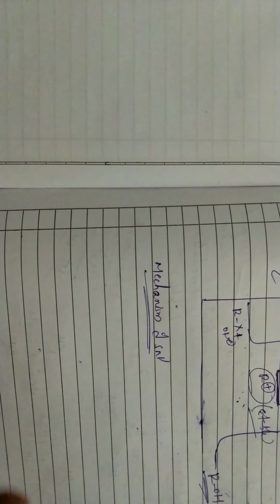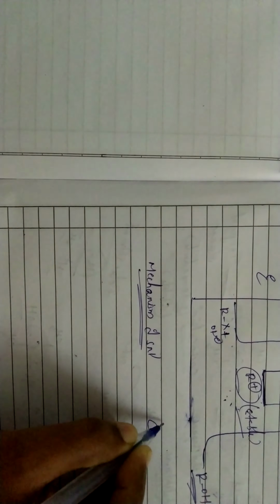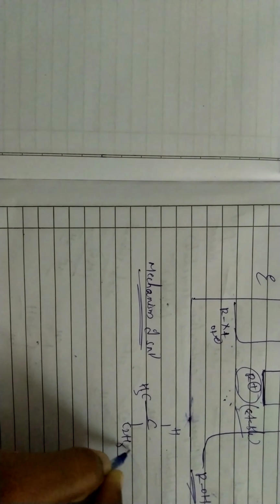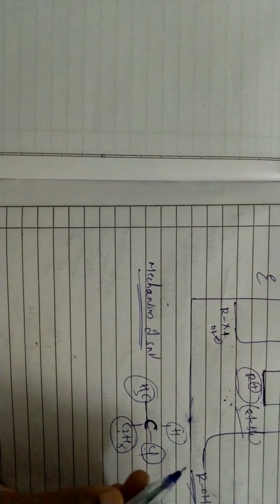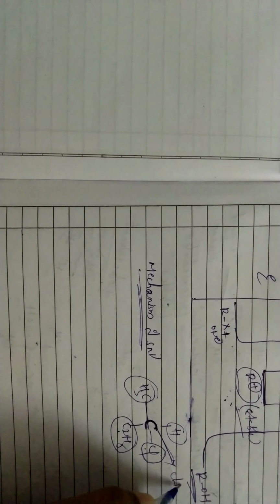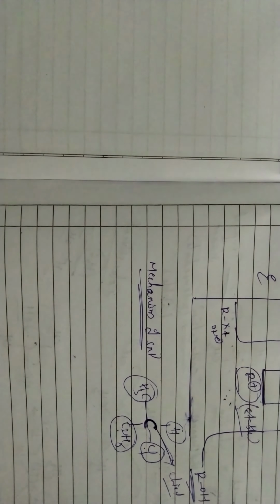For a compound to be chiral, it contains 4 different groups, that is carbon, H, CH3, C2H5 and Cl. The middle carbon contains 4 different groups: one is hydrogen, another is methyl, another is ethyl, and another is chlorine. So this carbon we can call a chiral carbon.